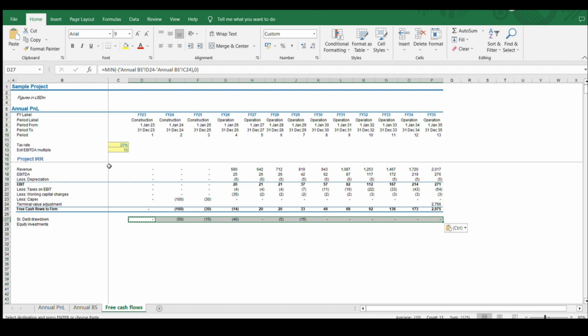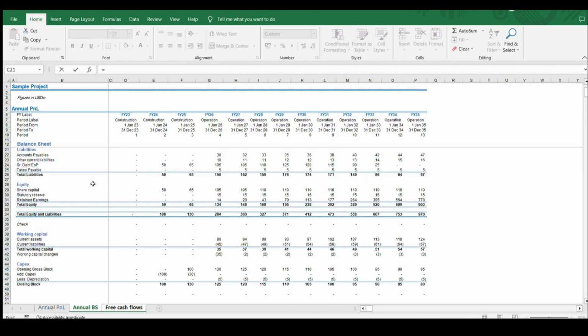So we have two components here: statutory reserve, which is required for the business operations and from a statutory perspective, and we need to see how much. So we just do